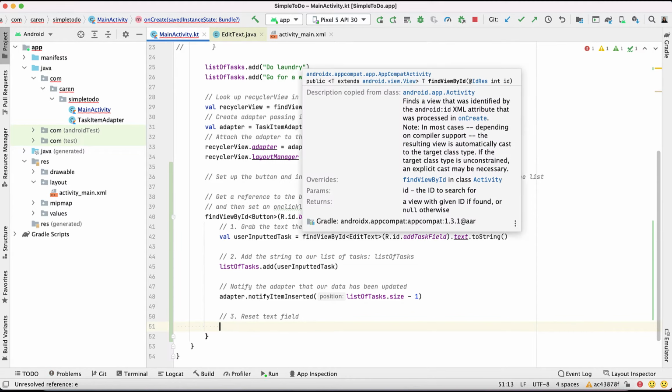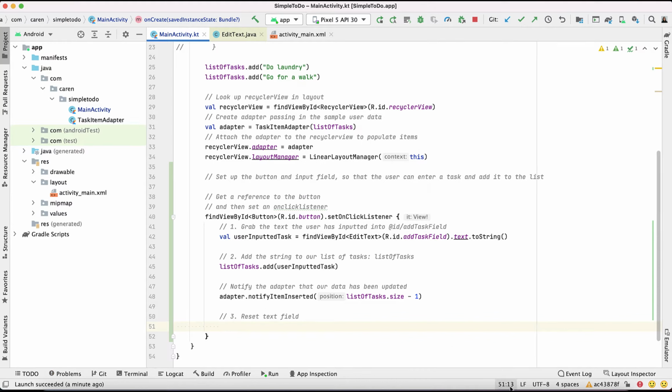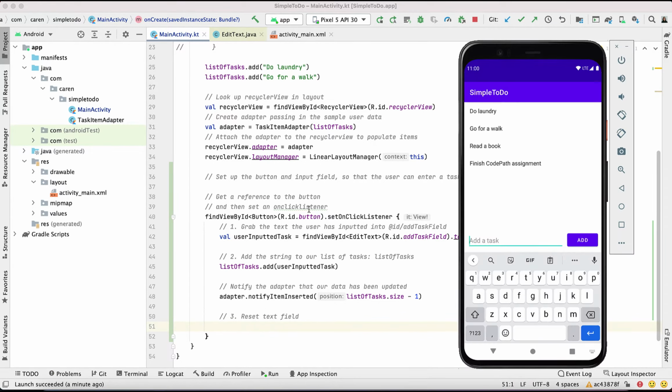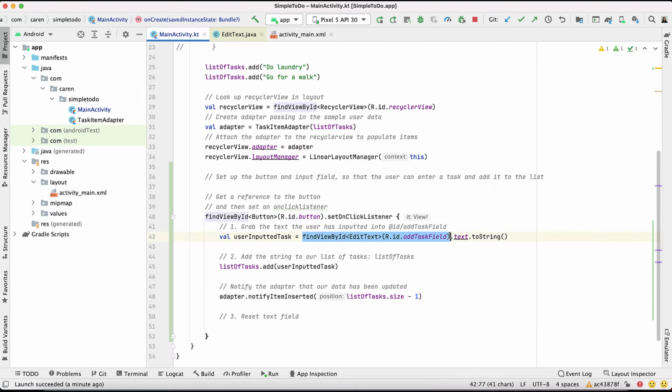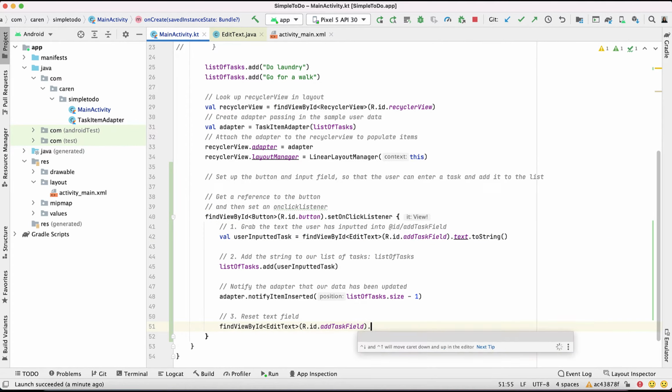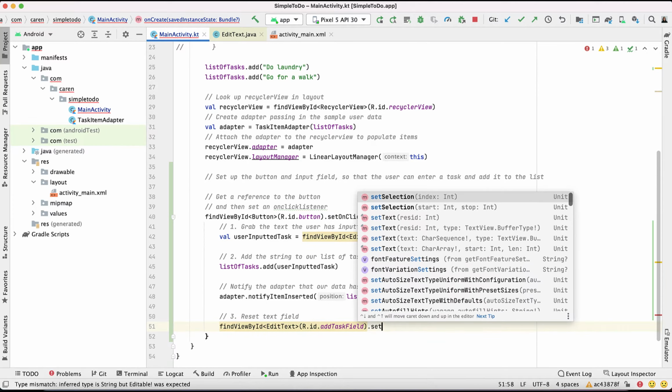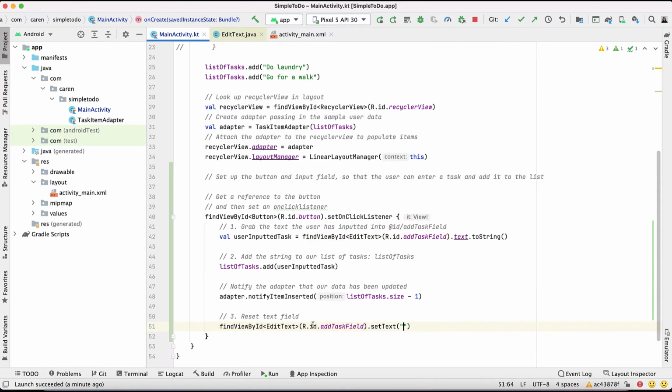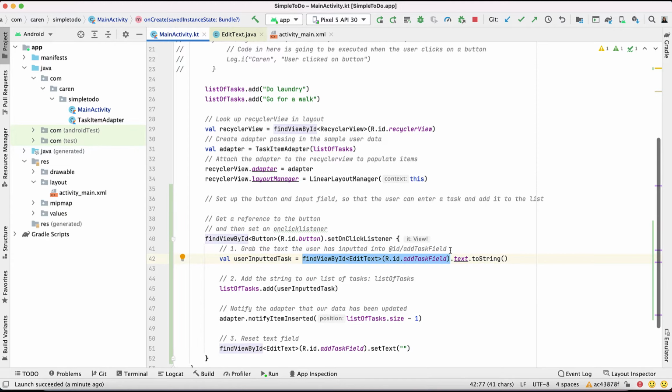So again, in order to get a reference to this input text field, we have to use find view by ID, similar to what we did here. And then we have to set the text equal to an empty string. And you notice we're doing two of the same exact calls here, two find view by IDs where we're finding the same exact view. And that's not the most efficient thing possible. So we can actually make this a little bit more efficient by taking this find view by ID out